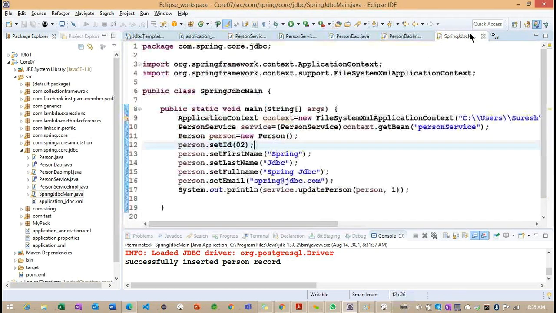Now go to the main class. Let me change all the properties with 1.